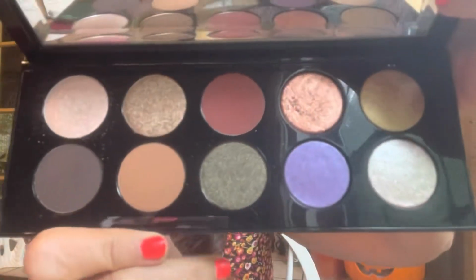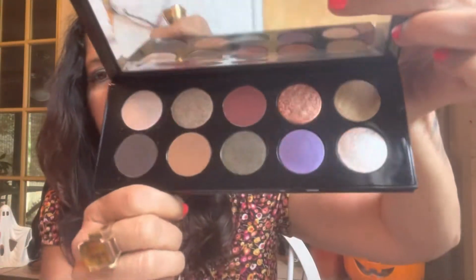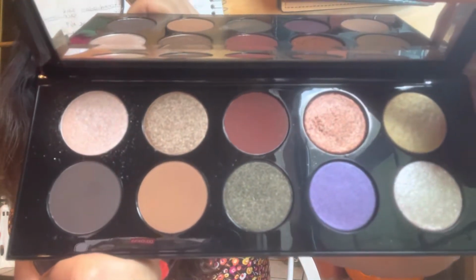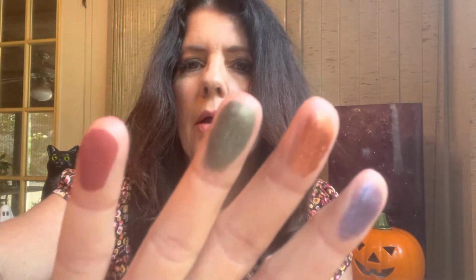case. For fall, this one's great because you've got a purple and you've got a blue and you've got a brick red and you've got some browns. But is that not gorgeous for fall? So pretty. And I'm just going to get my fingers in that purple. Oh, I love it. And then in this orange shade. Let me get another one. Let me get the greenish gray that's in here. And then we've got a nice kind of, look at that,